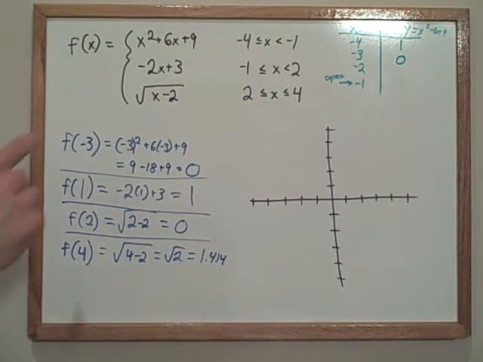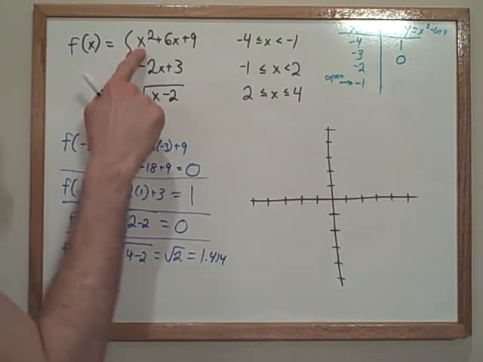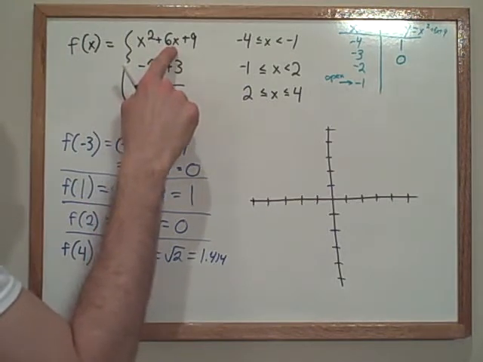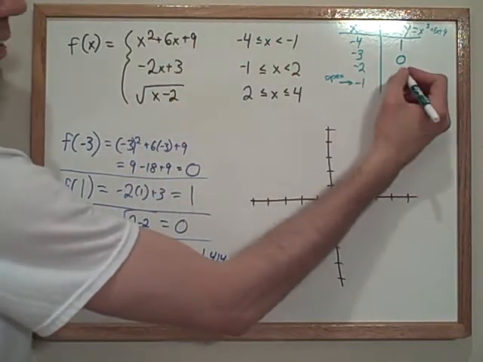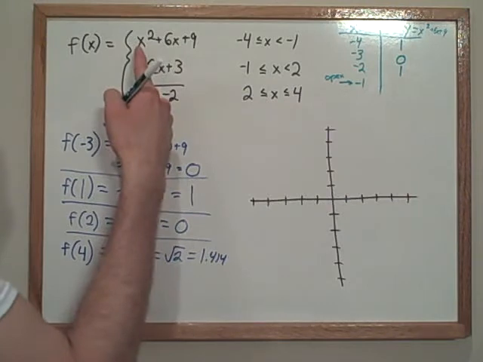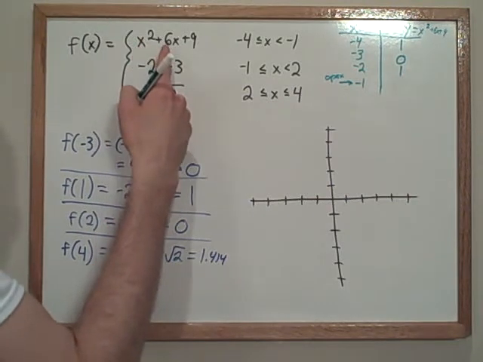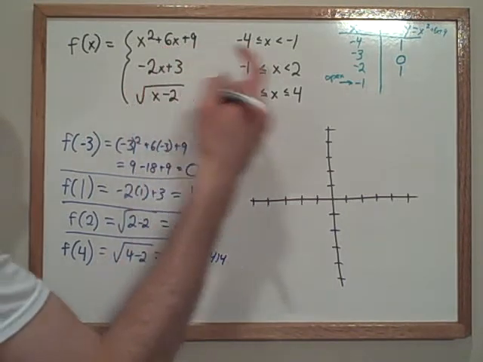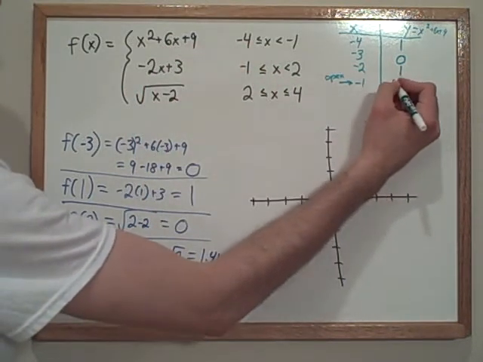Okay, plug in a negative 2. Negative 2 squared, that's 4. 4 minus 12. Negative 8 plus 9, that's also 1. And then we're going to plug in a negative 1, that's 1 minus 6. That's negative 5. Negative 5 plus 9, that is 4. Okay,